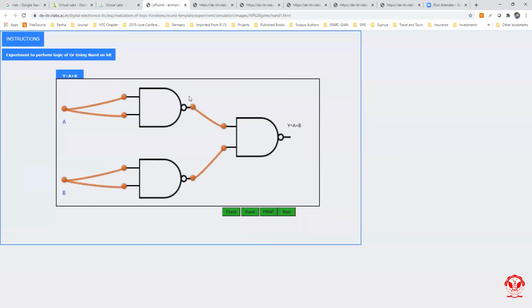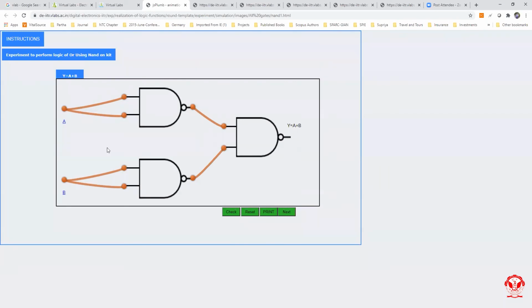As we can see, the output of this NAND gate is A bar and the output of this NAND gate is B bar, and A bar and B bar are the inputs to this NAND gate, which is also the whole bar, that means A bar into B bar whole bar is our output, and that is the OR gate using De Morgan's theorem.